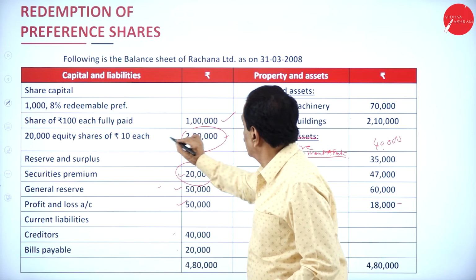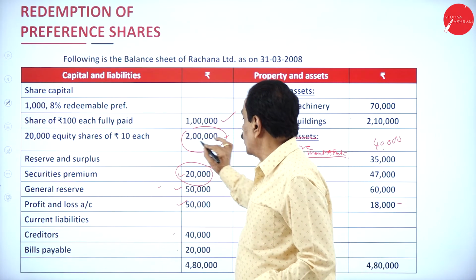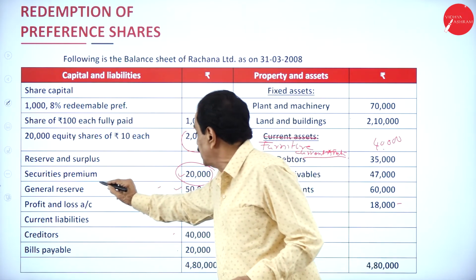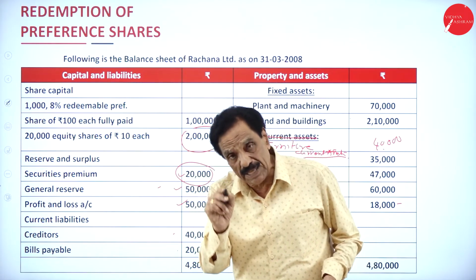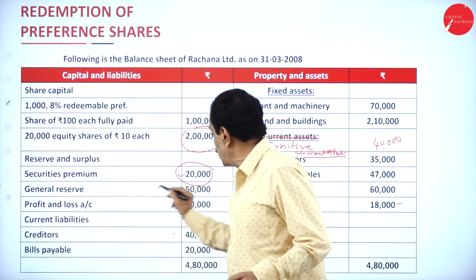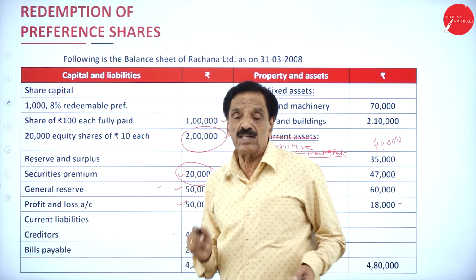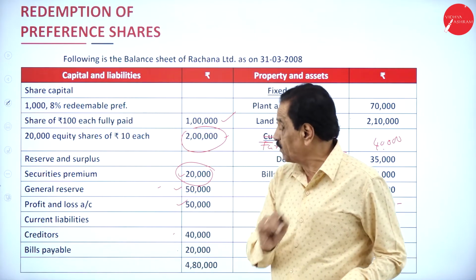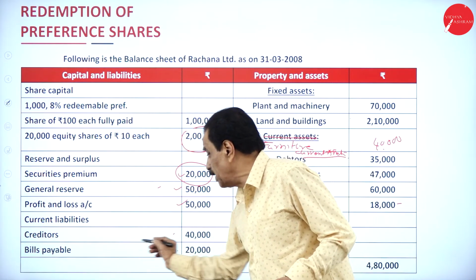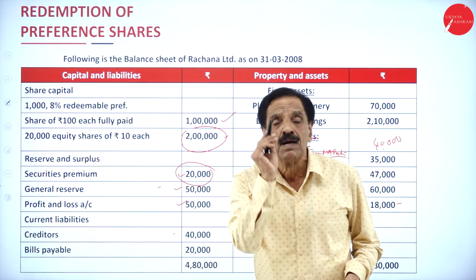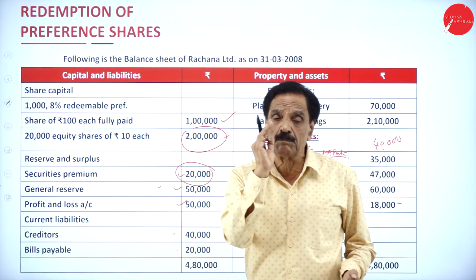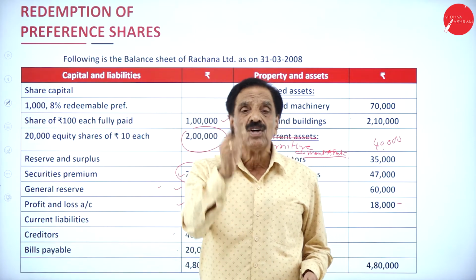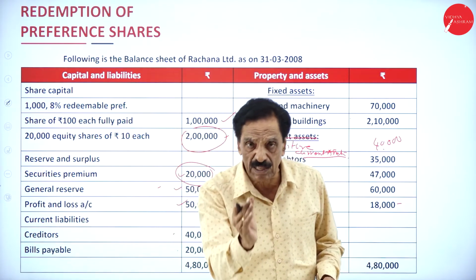So here 1,10,000. So you already have 2 lakh. By issuing the share 20, it becomes 2,20,000. Security premium 20,000 plus 8,000 minus 10,000. General reserve fully utilized. Here you have taken now 50, only 30,000 you have taken. So how much left over? 15,000. Creditor same, BP same. Only one extra will come. Bank overdraft 9,000. Remember, cash at bank has gone. Instead of that, now you got a bank overdraft of rupees 9,000.